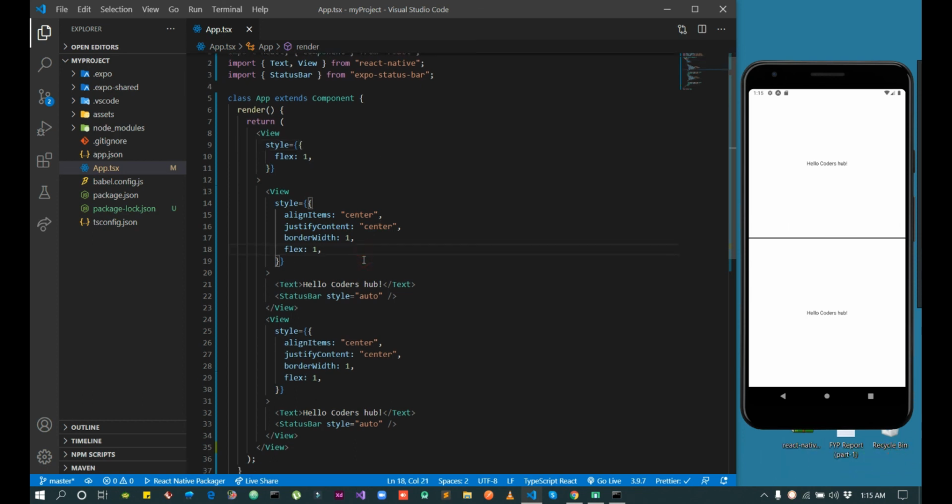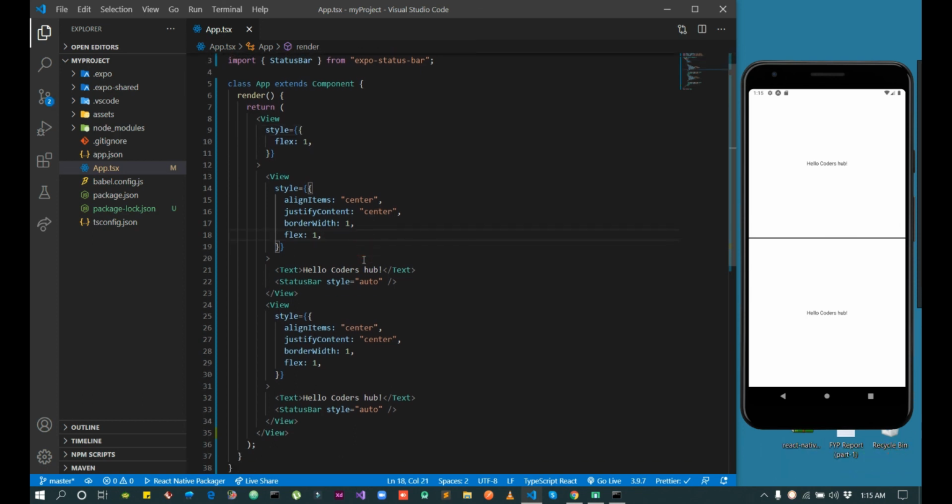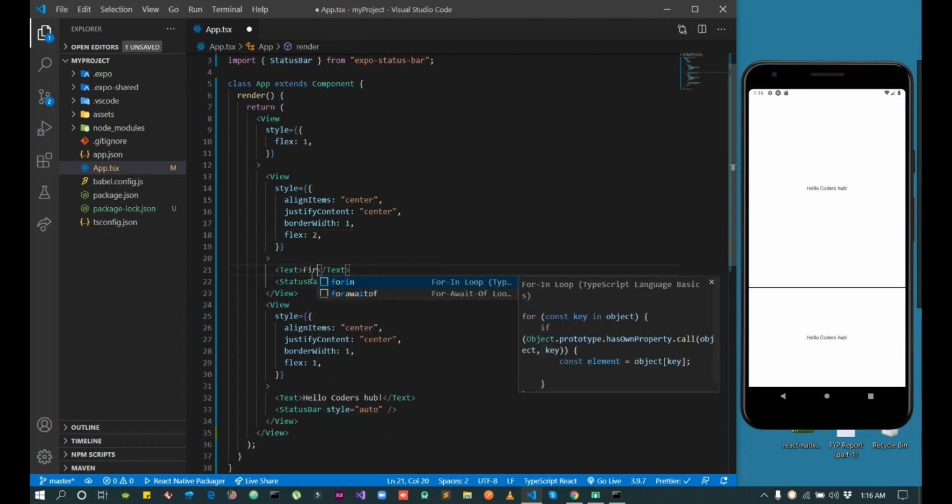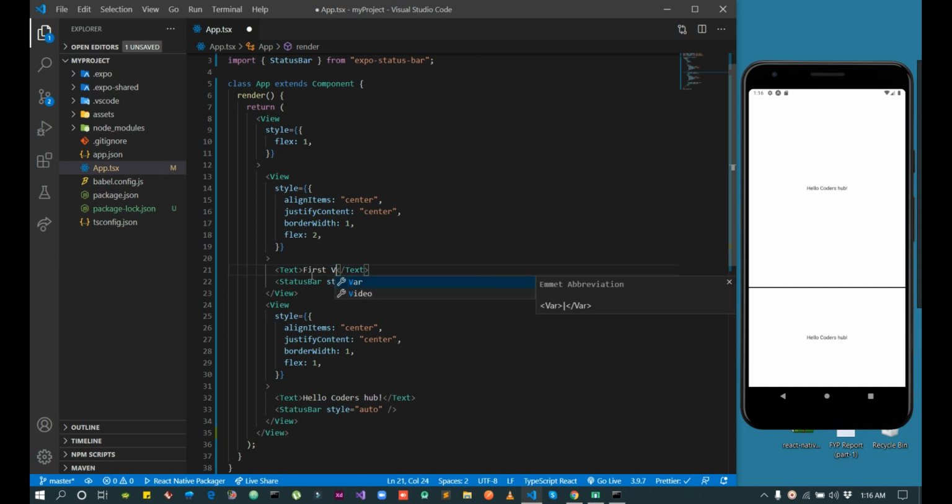Here you can see we are giving one view, and this is the second view, and it's the parent view. I am giving equal flex to both. If I use 2, here we change the text: this is the first view, and here it's the second.